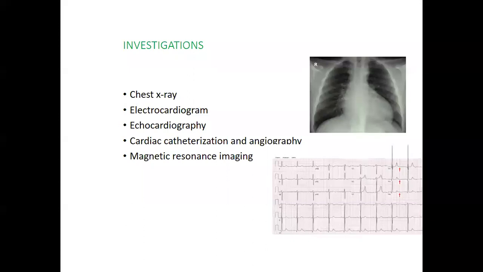So there are two types of left ventricular hypertrophy from the ECG point of view. One is the left ventricular hypertrophy of pressure overload type, where you can see the LV strain pattern, ST depression, and T wave inversion. Another type is the volume overload type of left ventricular hypertrophy, where you do not find the left ventricular strain and T wave changes, but you have only an increase in the amplitude of the R wave in the lateral leads of the patient. So this is the typical ECG in a patient who has got chronic aortic regurgitation.